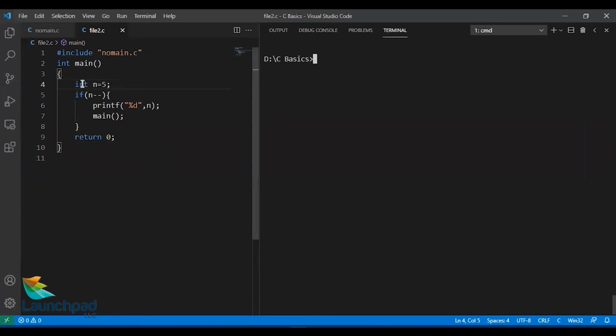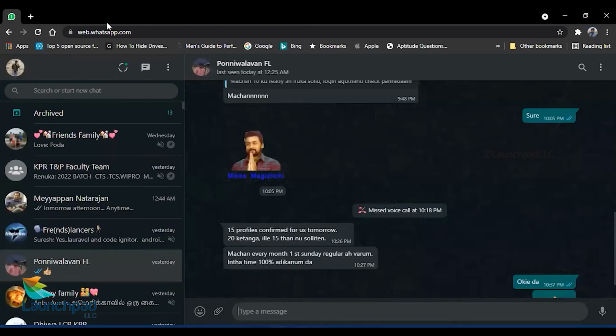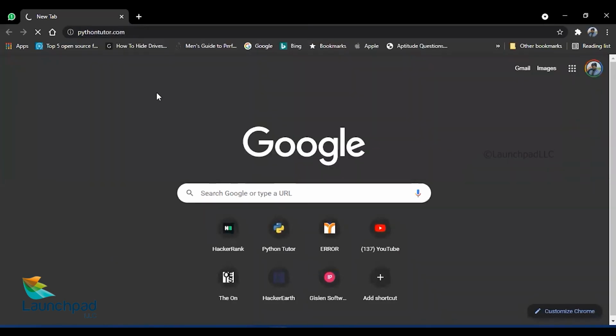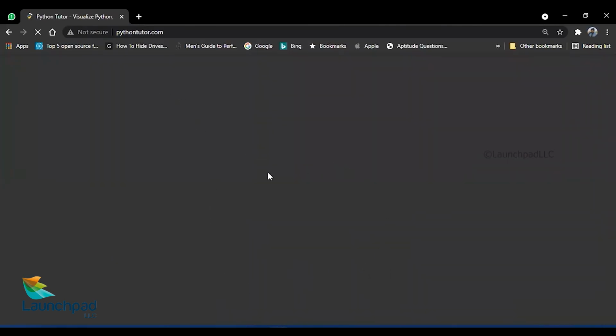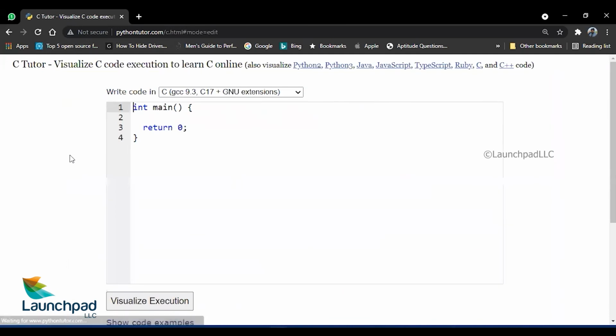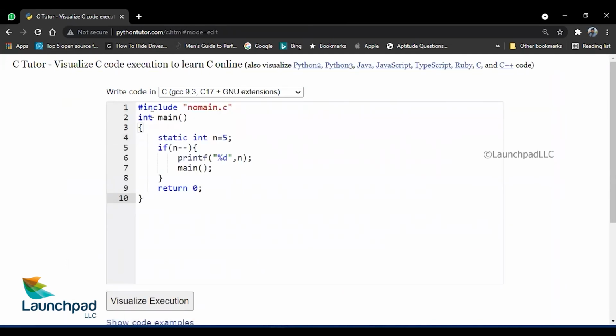Okay. Now, what static does here, I'll try to show you the working of static in our tutor window. Python Tutor. Let's open up the C tutor file. Let's run this.